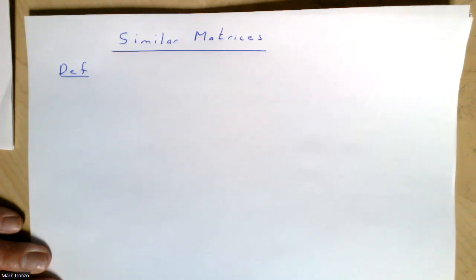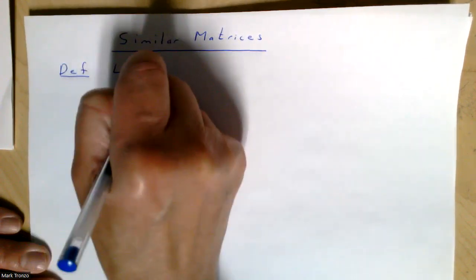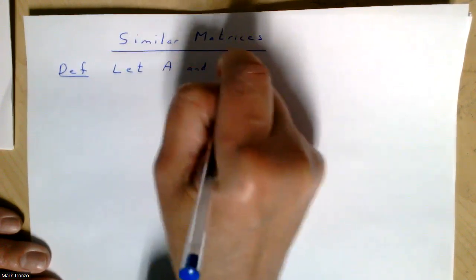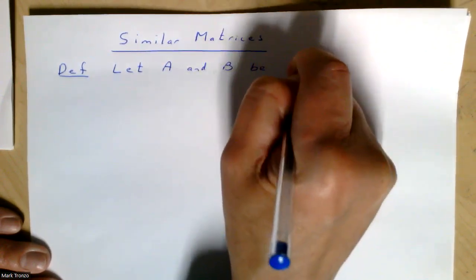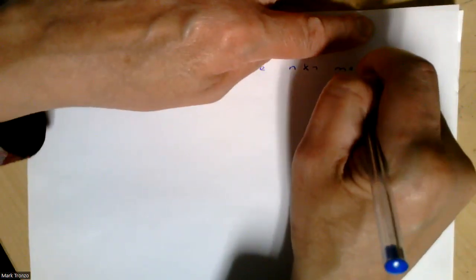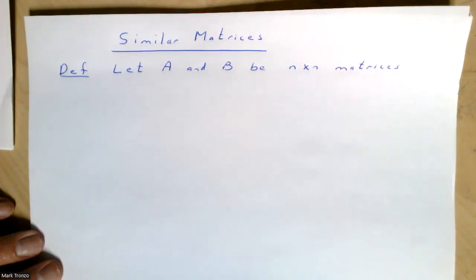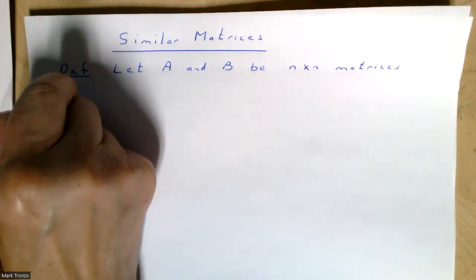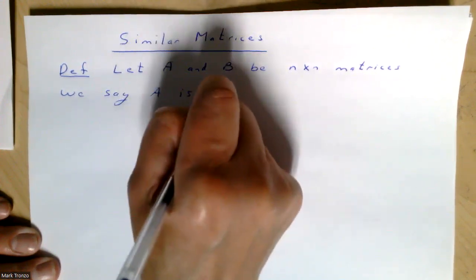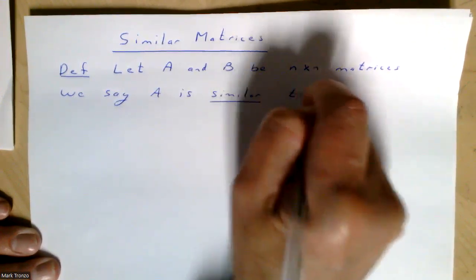So let A and B be n by n matrices. We say A is similar to B